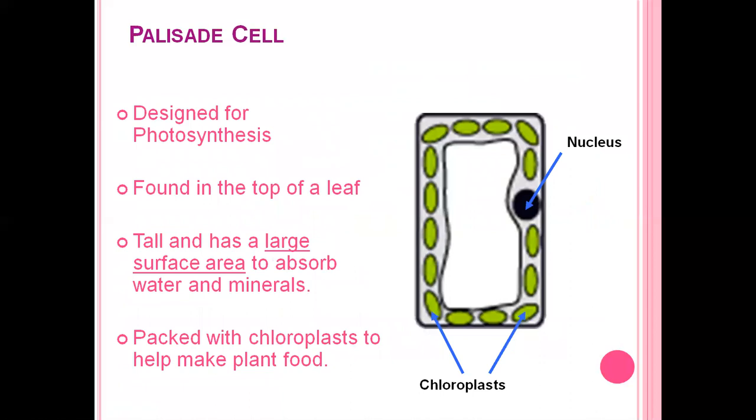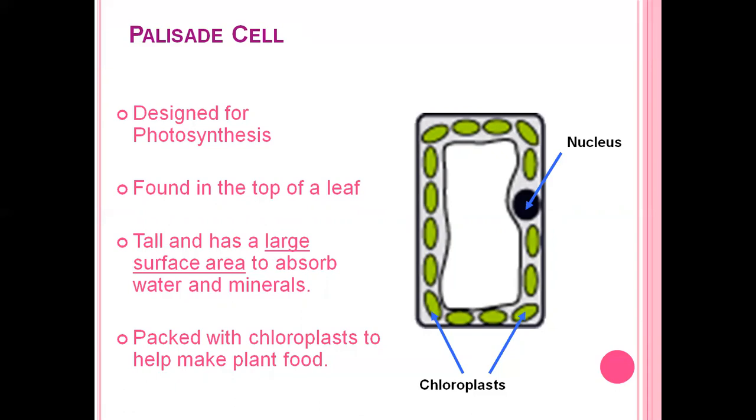Now let's see specialized plant cells. First we have palisade cells. Their job is light absorption and photosynthesis. Palisade cells have lots of chloroplasts which are responsible for photosynthesis, and they have a large surface area for absorption